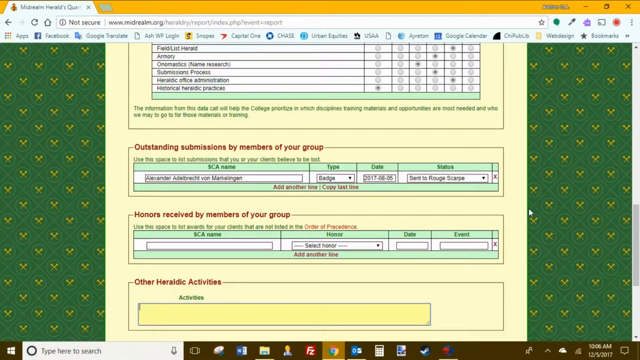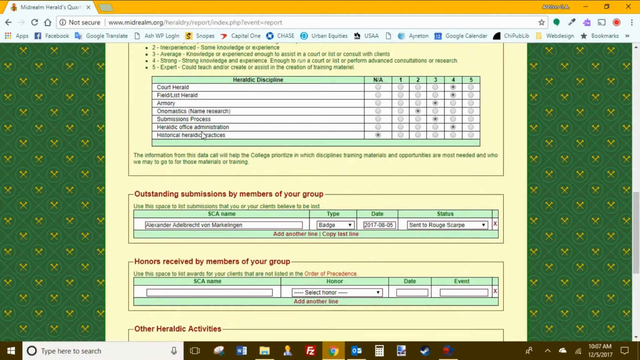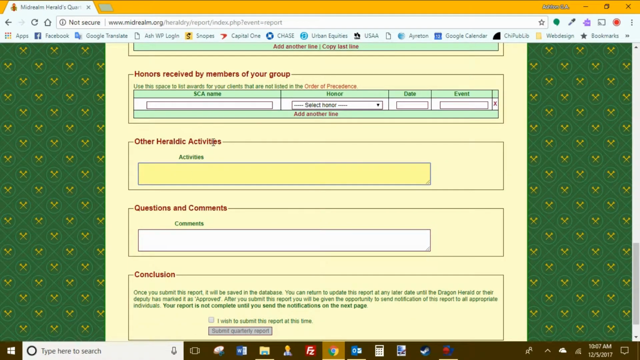Here is the Other Heraldic Activities section. The Other Heraldic Activities section is really to list anything that you have done as a herald or pursuivant that falls within the umbrella of heraldic activities. This includes all things listed up above in the heraldic disciplines: court heraldry, field and list heraldry, armory, anything that you have done. I could say assisted with heraldic submissions,